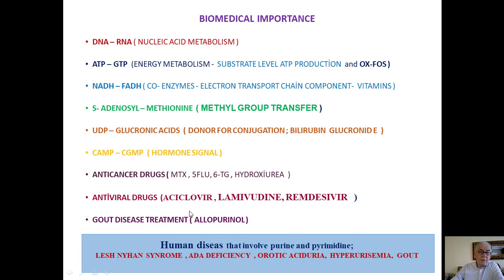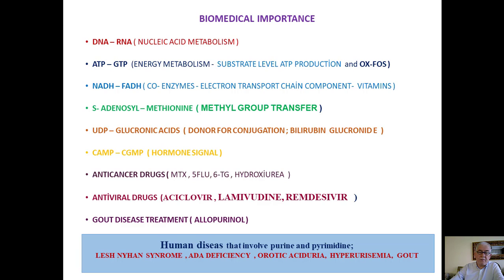ATP, GTP, NADH, FADH, S-adenosylmethionine, UDP glucuronic acid, CMP, GMP, and others have some purine or pyrimidine base or nucleotide. Some drugs such as anti-cancer or antiviral drugs also have purine and pyrimidine analogs